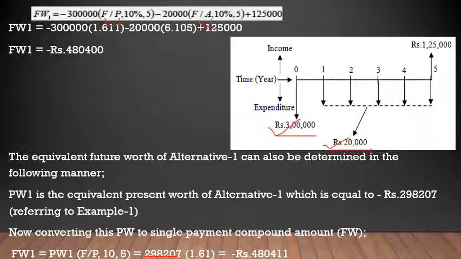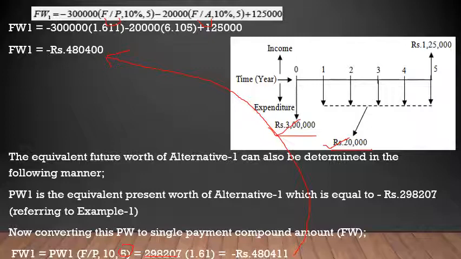Multiplied by F by P comma 10 comma 5, because I need to get the compounded amount at the end of year 5. That's why N is equal to 5. Get the value from the factor table. I get the answer as 480,411. Almost similar to that of this answer. See here,